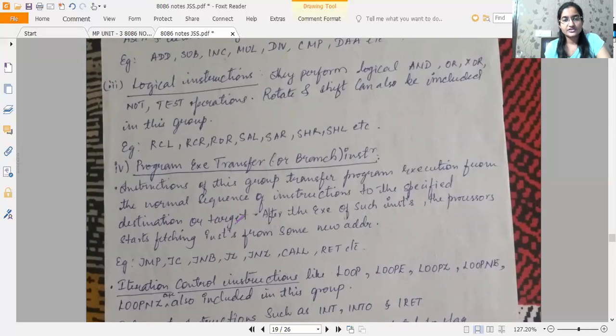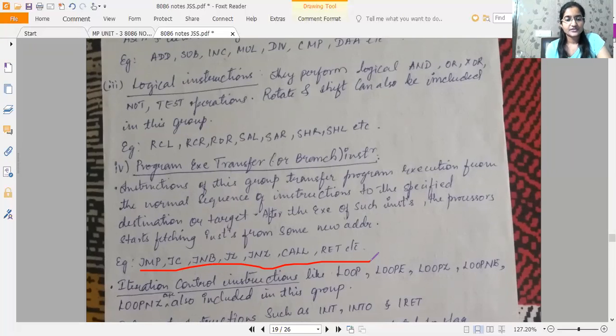That means when your processor is going through the normal process of execution of one instruction after another, whenever your processor comes across any one of these instructions, your processor will stop executing in the normal fashion and the processor will be shifted. The PC will be loaded with some other memory address from where it will have to start executing. This we have already seen while writing so many programs in 8085.